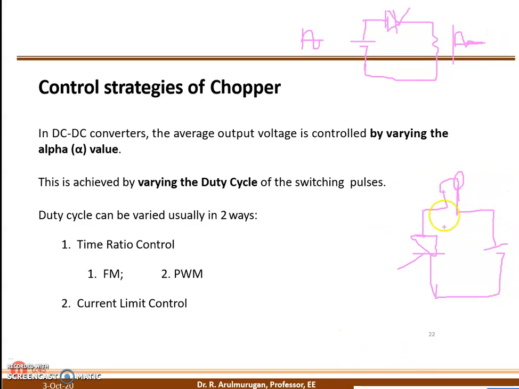This is one of the examples of the power circuit. This is called the power circuit. The next one is, when the switch is closed, a triggering circuit you are going to apply. What is a triggering? It is a pulse, like this type of pulses you are going to give, and it is going to trigger.